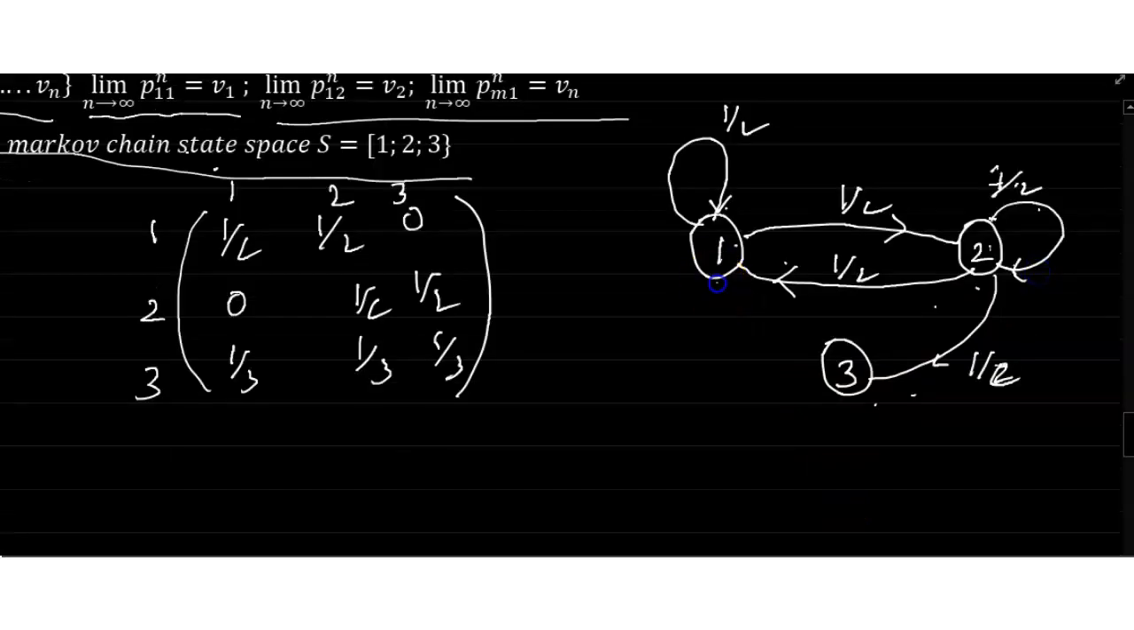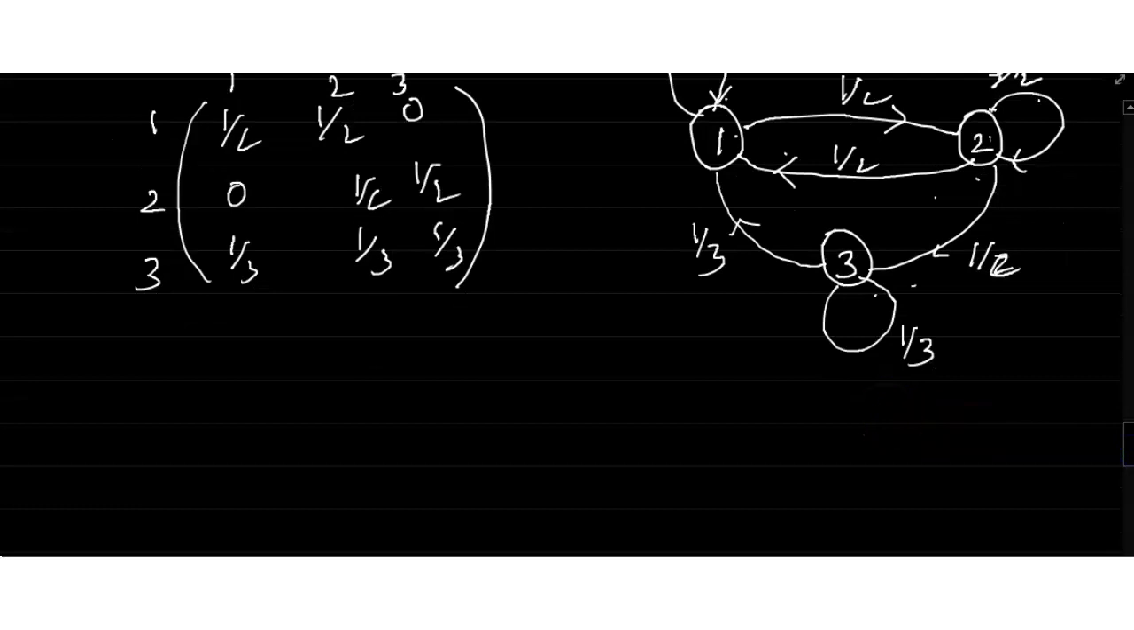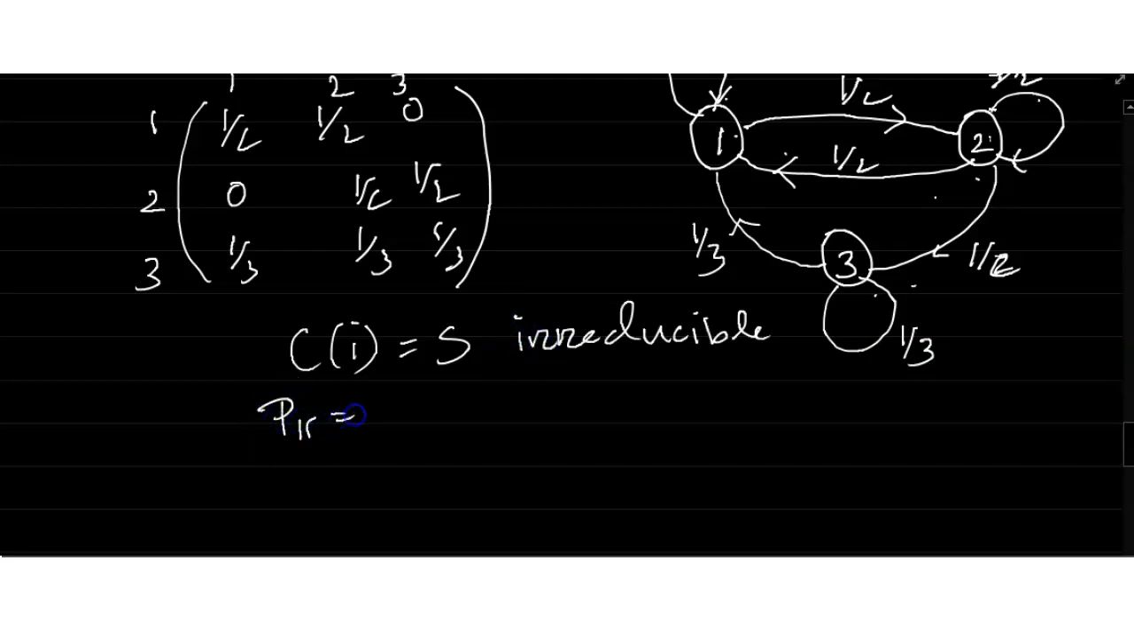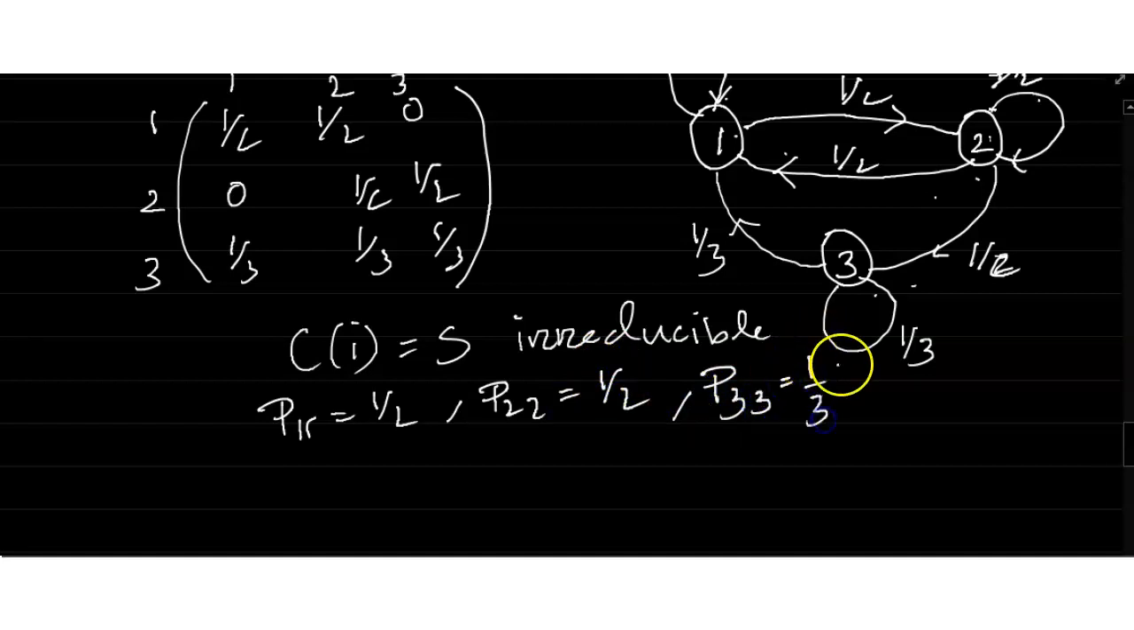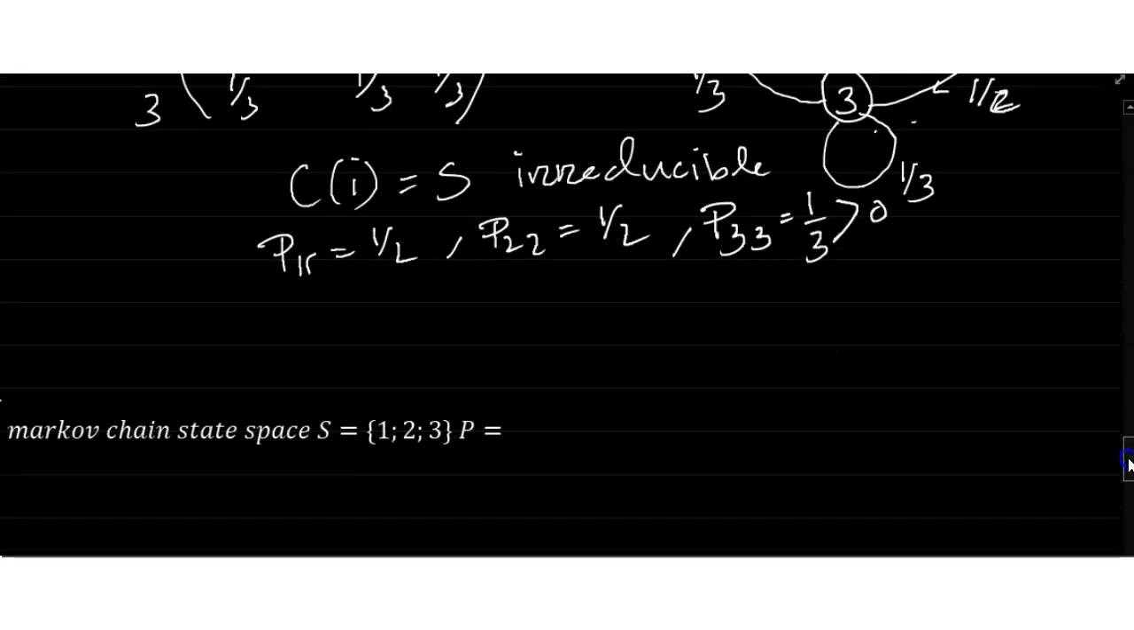Okay, 2 to 3 is equal to 1 by 3, and 3 to 3 is equal to 1 by 3. So this is my directed graph. And now you see that Ci is equal to S, irreducible, and P11 is equal to half, P22 is equal to 1 by 2, P33 is equal to 1 by 3, and V1, V3